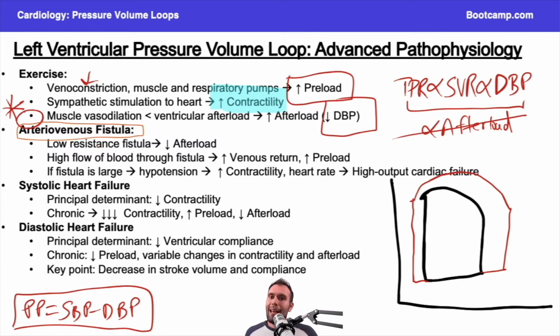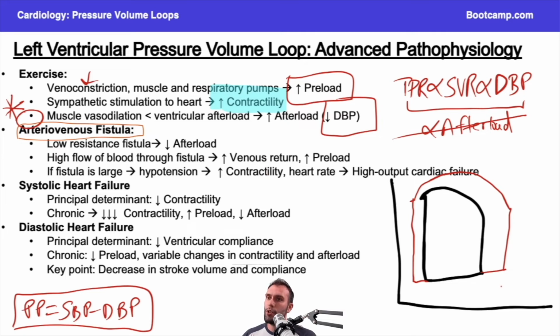But by doing that, I'm creating another circuit for the blood to leave through. That's lower pressure, so it lowers my afterload. Okay, so if I have an AV fistula, I'm going to expect a lower afterload. I can also expect more blood to return to the heart because I have more blood just dumping into the